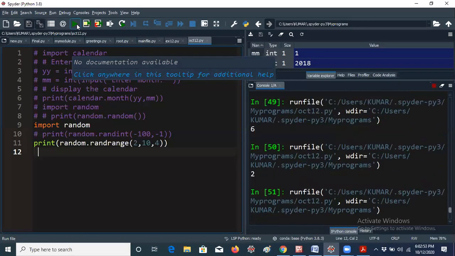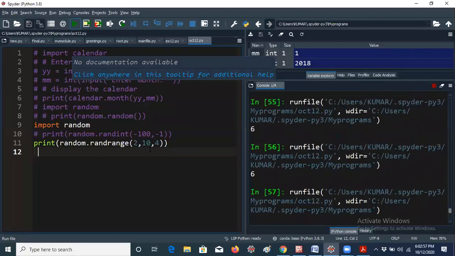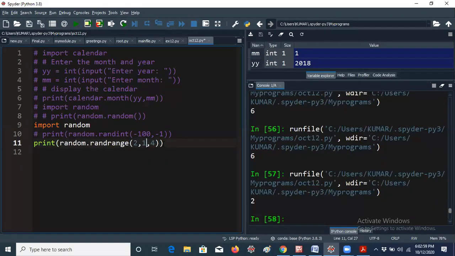Okay. So every time I'm running, I'm not getting 10. Why am I not getting 10? Because here you have to give 11. Just like a range function, it will work. Okay. Let me give 11 now. Now I'm getting 2, 2, 2. Now I'm getting 10. Hope you understand, guys. That means whenever I'm using a for loop, 1 comma 11 means it will print 1 to 10. The same way the randrange function works, because these are very important questions from the interview point of view, guys. Okay.